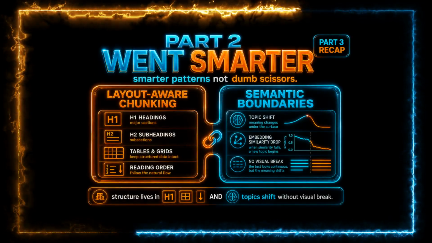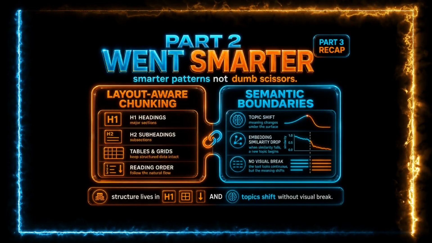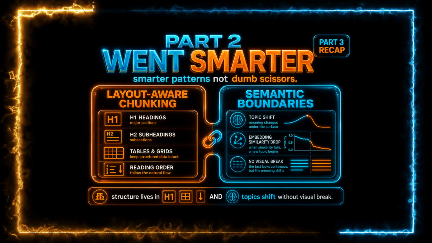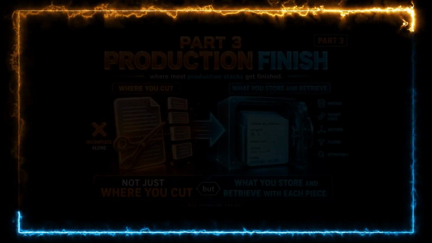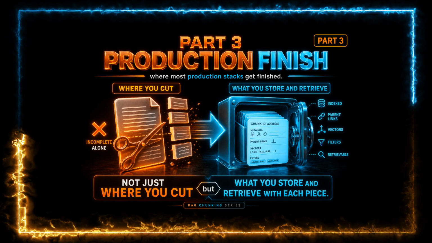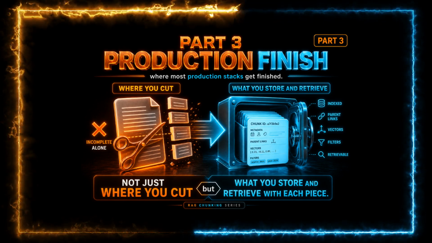Part 2 went smarter. Layout-aware chunking when structure lives in headings, tables, and reading order, and semantic boundaries when topics shift without a visual break. Part 3 is where most production stacks get finished, not just where you cut, but what you store and retrieve